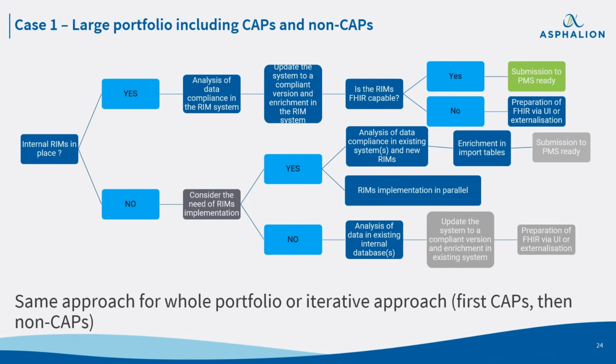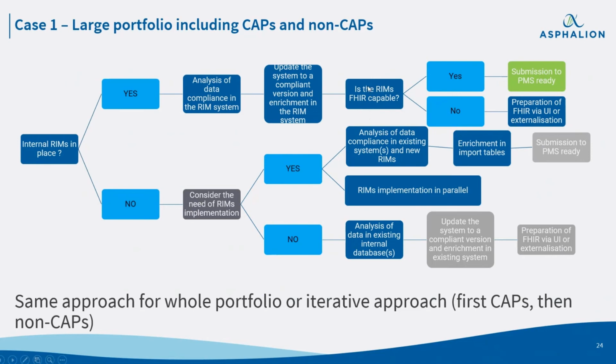Maybe there are some data fields that you're not covering in your system, or that your system covers, but you're not actually tracing it for the products. So maybe you have to make an enrichment in this system, or you have to go through an update of the system first, so it's IDMP compliant, and then you make your data compliant. This step of making your data audit is something that you definitely have to do, and you cannot just leave it for the last minute, because especially taking into account that it's a large portfolio, it is not something that you will achieve in 1 month.